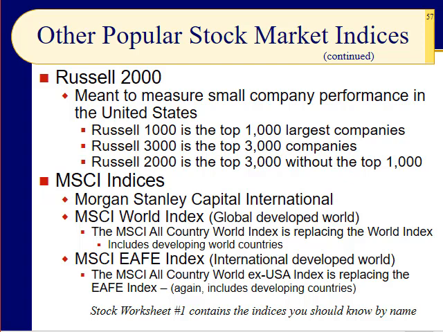So now what's happening? The developing markets, the emerging markets as they're called, we don't call them third world anymore, thankfully, are gaining size and they're getting bigger. So instead of just adding them into the World Index and the EAFE, they have created two new indices. And again, they didn't ask me, but I would have come up with a much better name, I'm sure. It wouldn't take very hard. They call it the MSCI All Country World Index and the MSCI All Country World ex-USA Index. Aren't those catchy titles? So just realize that's what's replacing the World Index and the EAFE Index.